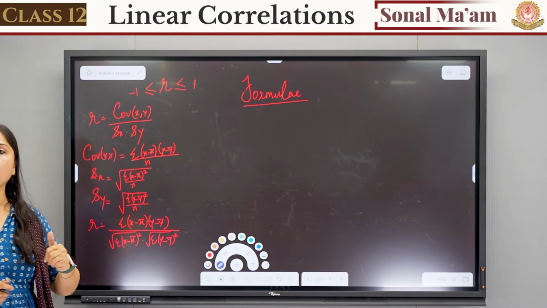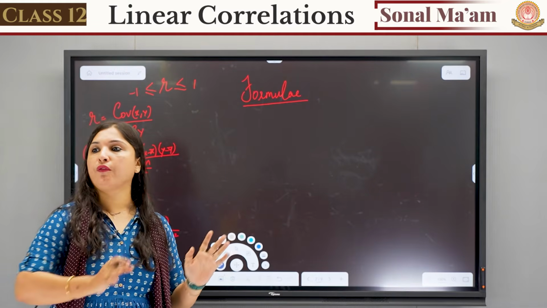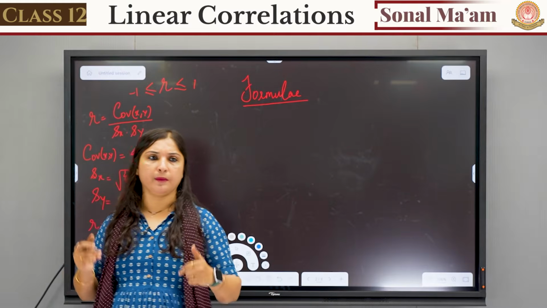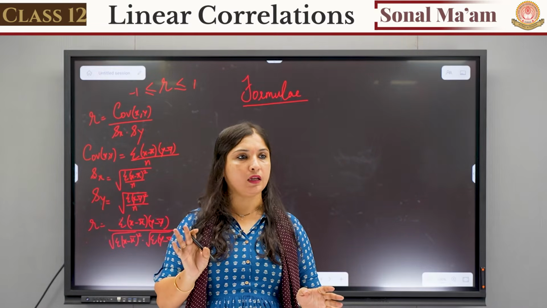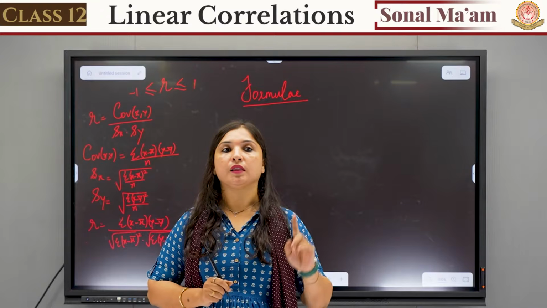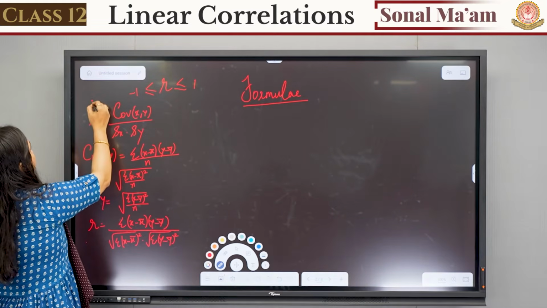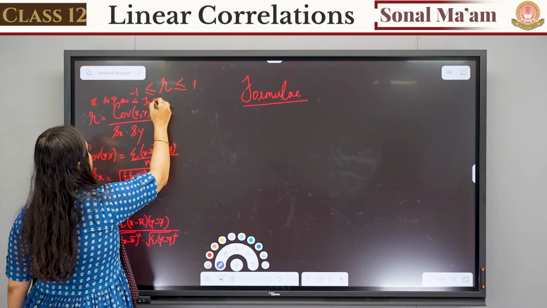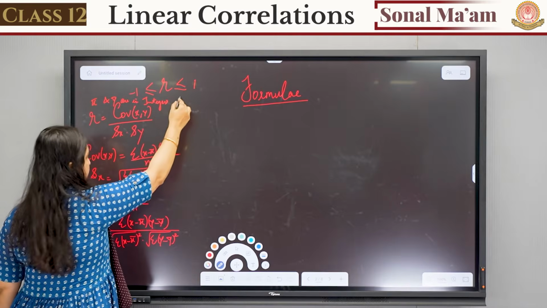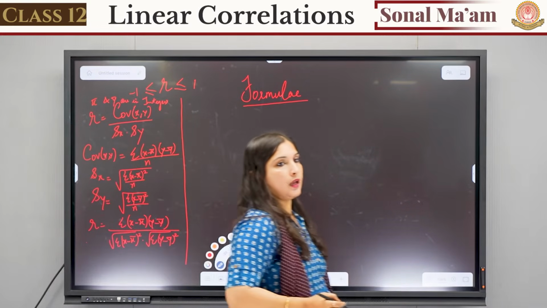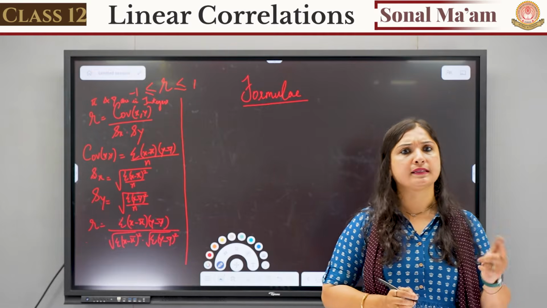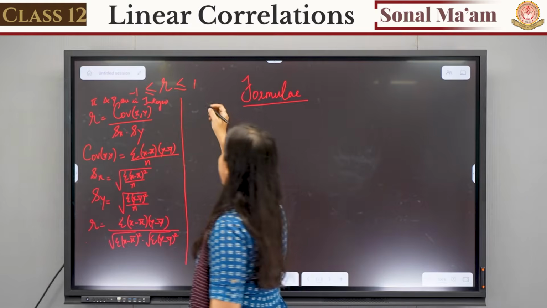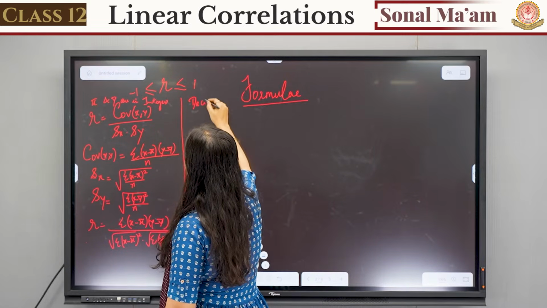Okay, now when to apply this formula? There are so many formulas for finding correlation. This is the first formula, but the initial formula, that is covariance divided by sx into sy, will not change. It will remain the same. But when to use this formula? This formula has to be used when x bar and y bar are integers. Means if x bar and y bar are decimals, you might have some other formula, right? So let's see the formula when x bar and y bar are decimals.